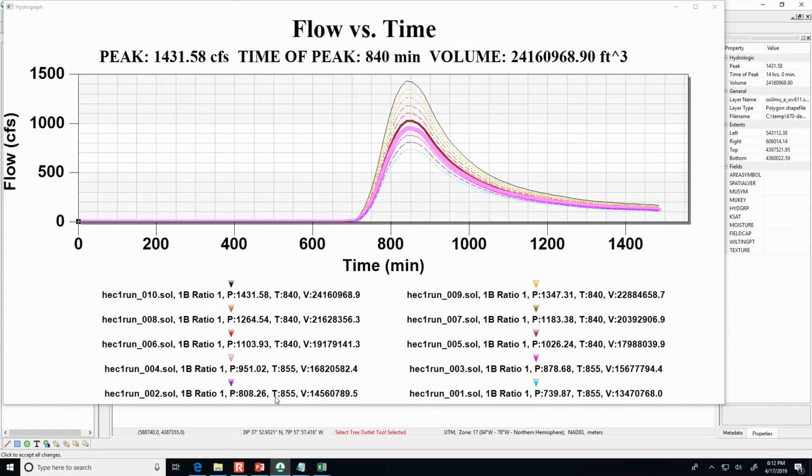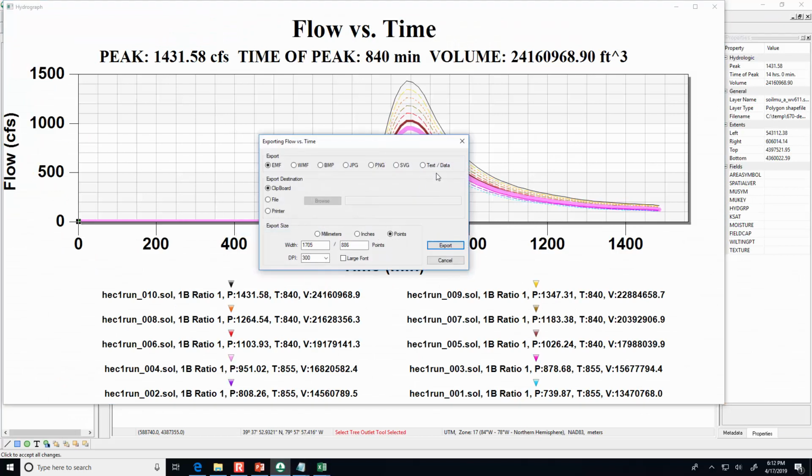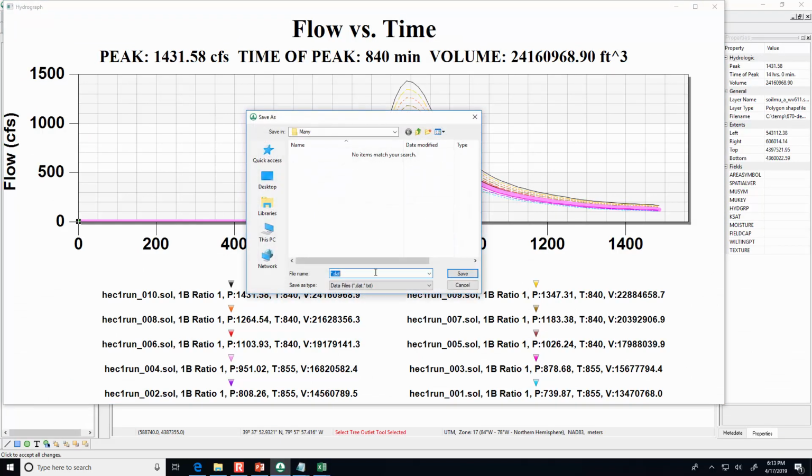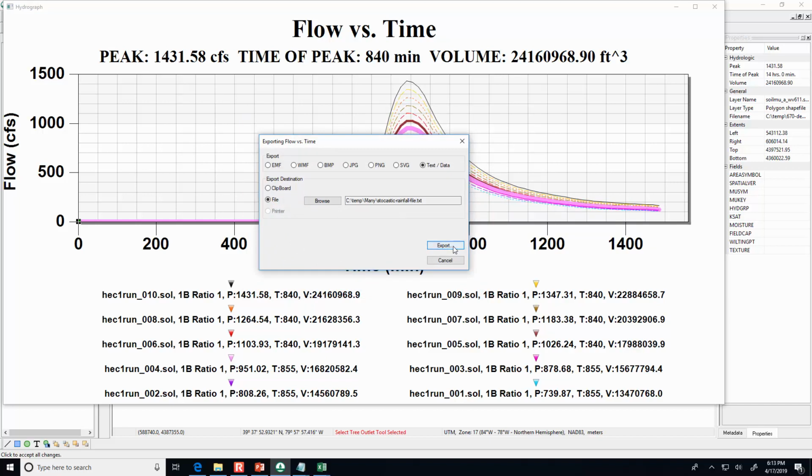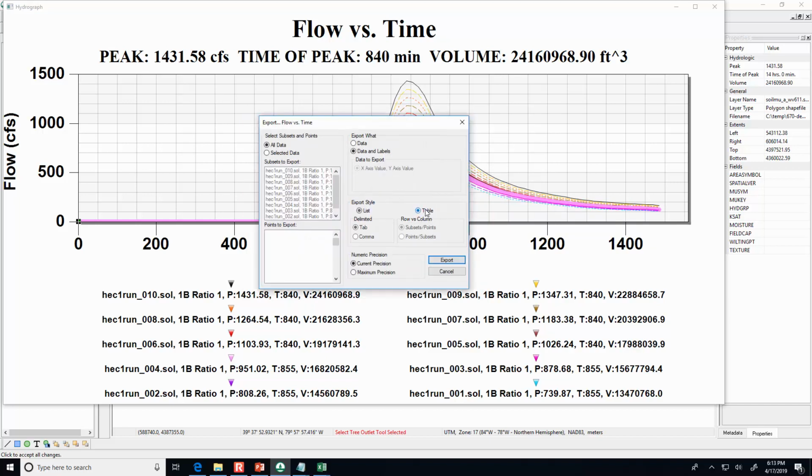So the key again when you're exporting the data is text/data, file, browse, pick some name .txt. And then we want it to be table points/subsets.